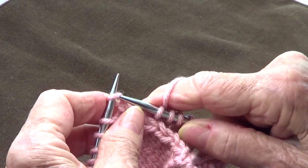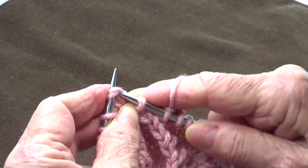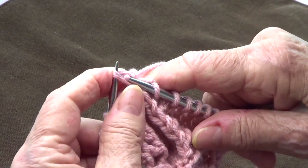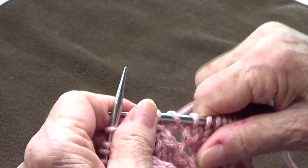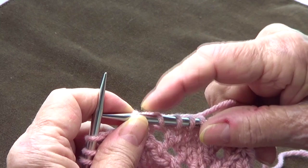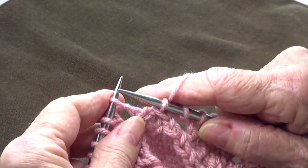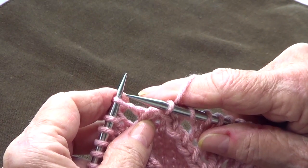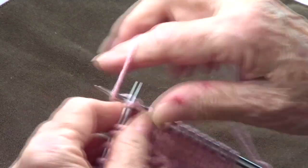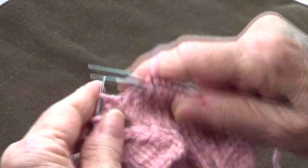Now this stitch I'm going to pass to my right hand needle knitwise, and then I am going to knit the next 2 stitches together, and the one that I passed is going to go over that last one. So these stitches here are going to be at the beginning of your work. The repetition starts here when you do that funny thing there. So you do the slide 1, knit 2 stitches together and pass that over, and then yarn over, knit 7, 1, 2, 3, 4, 5, 6,